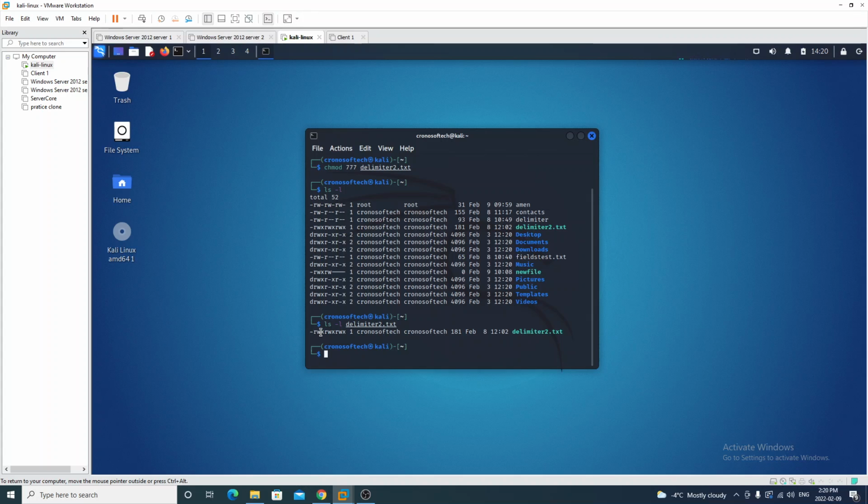So the way these permissions work is they work in octal ranges. So if you haven't seen my video on the numbering system and what octal is, what hexadecimal is, what binary is, then you're going to want to go back to that video and check that out. So these file permissions are pretty much in octal. So we have 333. So RWX stands for one octal section, RWX stands for the second, and RWX stands for